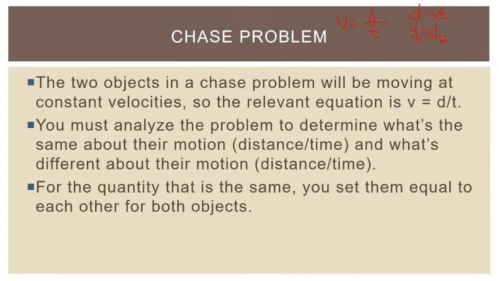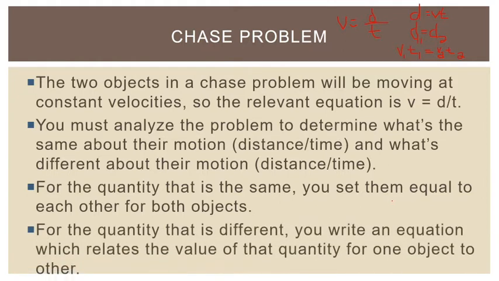And once you set the distance for those two people equal to each other, all you have to do is recognize that d is equal to v times t. So then the problem would transform itself to looking like this. You'd have d1 equals d2, and since d is equal to v times t, you'd have v1 t1 equals v2 t2. And depending on the specifics of the problem, you'll be given enough information where you'll be able to use that to get the answer. And the last point,